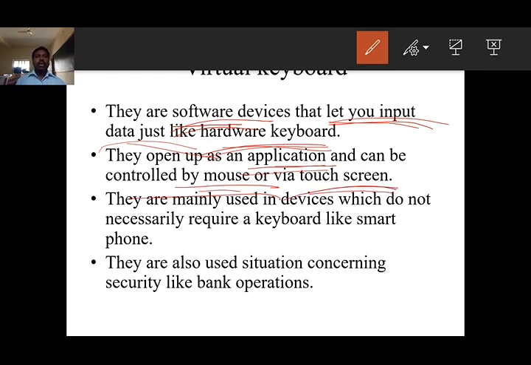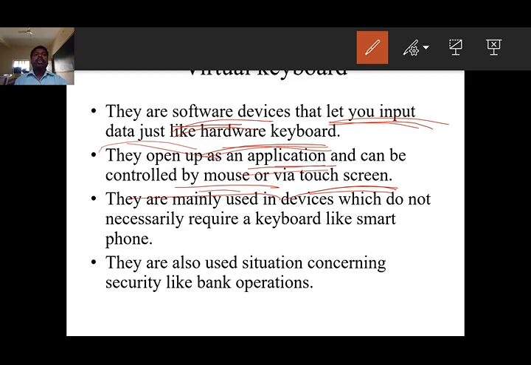Dear students, I hope that you are using a smartphone. In the smartphone, if you want to enter data, for example, if you want to text someone, are you using a physical keyboard, which means a hardware keyboard? No, we are using a keypad which is an application. Understand? With the help of the application, we are entering data into the mobile phone.